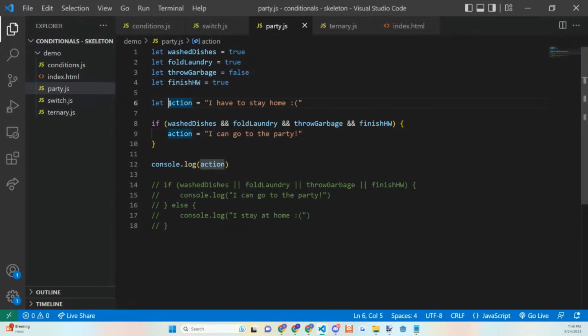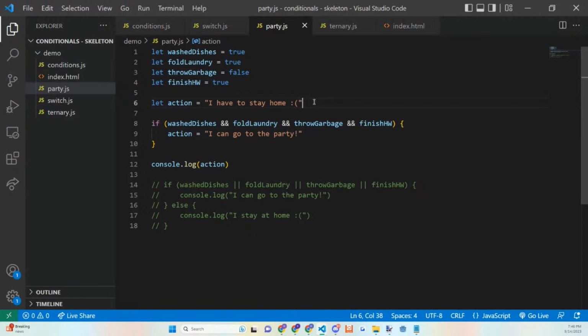So what's happening is that even though I created this action variable outside of the scope of this if block, I can still access the action variable, and I can still reassign the value and change it so that the action outside of this block scope is going to reflect the value that we changed it to. Now, where this actually becomes a little bit more tricky is when we try to use variables that were initialized in a nested scope.